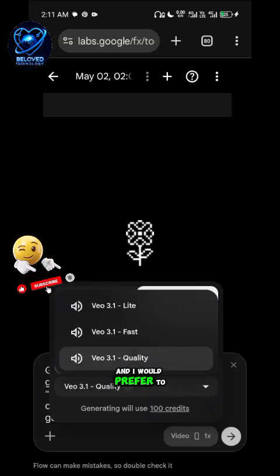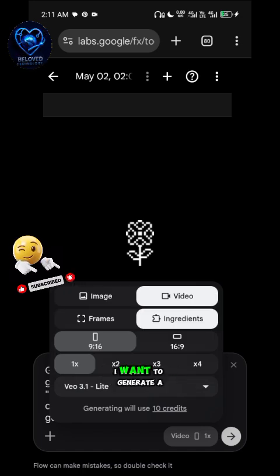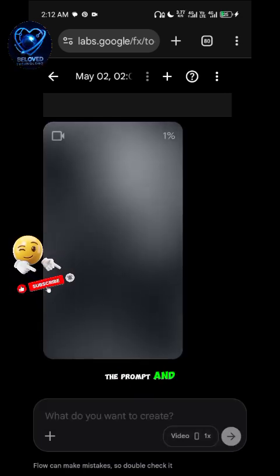I would prefer to use light because I want to generate a lot of videos today. And don't be scared, between light and quality there is no big difference. If you choose light, you will still generate a quality video. You are going to see it like the intro you saw. The intro you saw was generated using light, which is 10 AI credits. Is it not good? So that is that about that. After you are done, you can then send the prompt using this arrow button here. So I'm going to send the prompt,